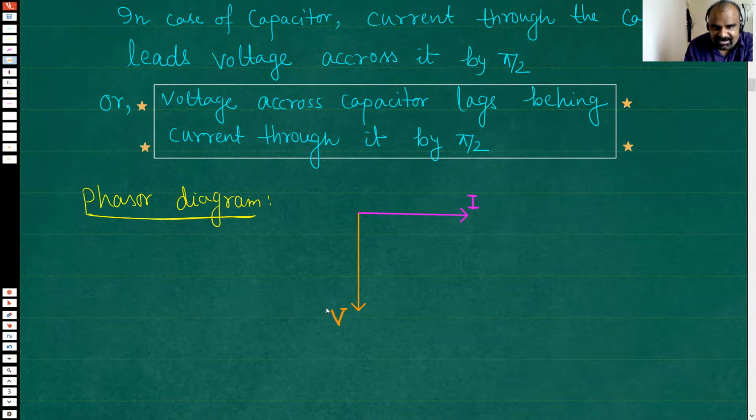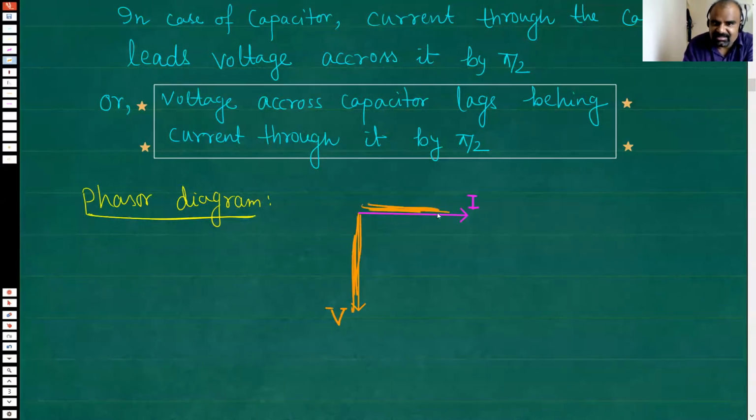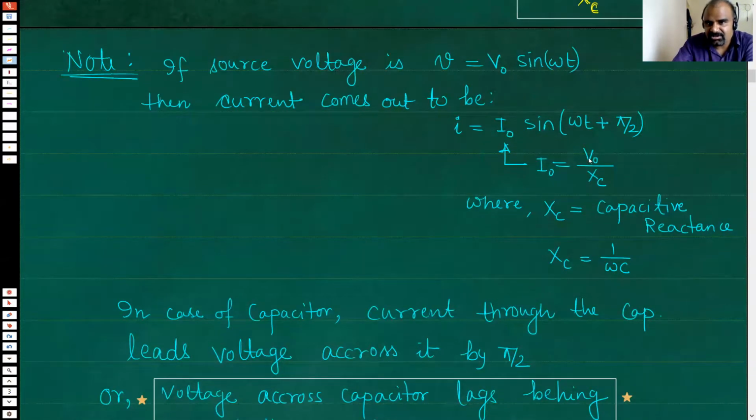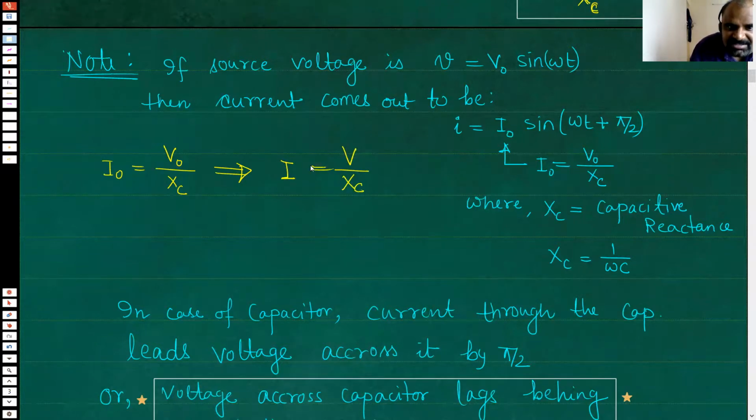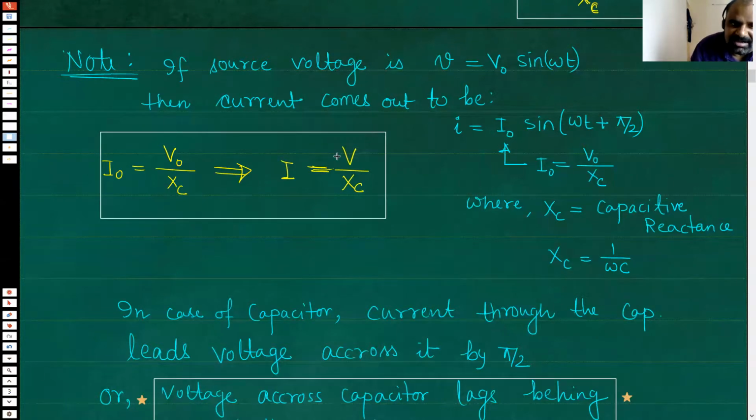This is V. Is there a relation between this length and this length? Come on, is there a relation between this length and this length? Of course, there is a relation. What was the relation here? Let me write here. See, peak current was equal to peak voltage by XC. Was it there or not? So from here, can we say that RMS current is equal to RMS voltage by the same XC? Of course, you divide this by √2 on both sides and you get this.